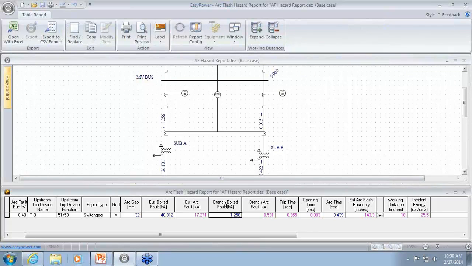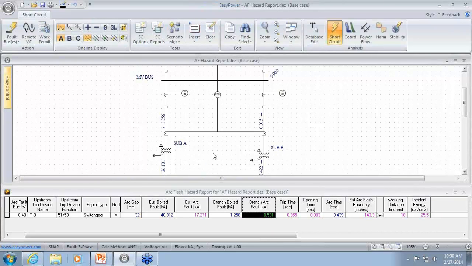That's what's shown here as the branch bolted fault KA. We calculated the branch arcing fault as 0.531. And this current here is the current that's used to determine the trip time for the relay. So I'm going to record the 531 KA,